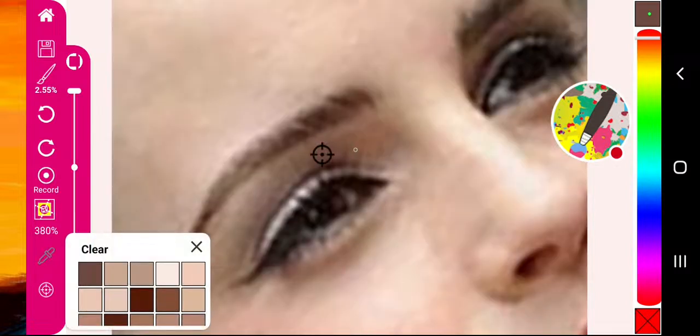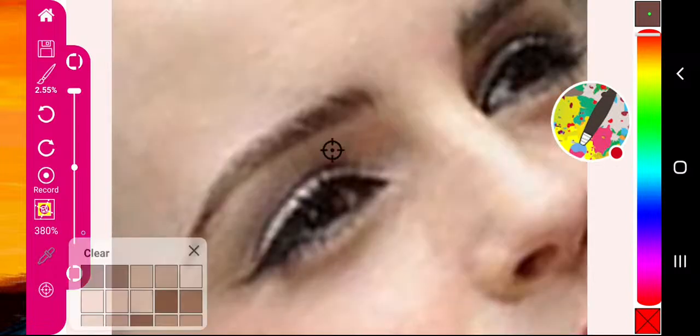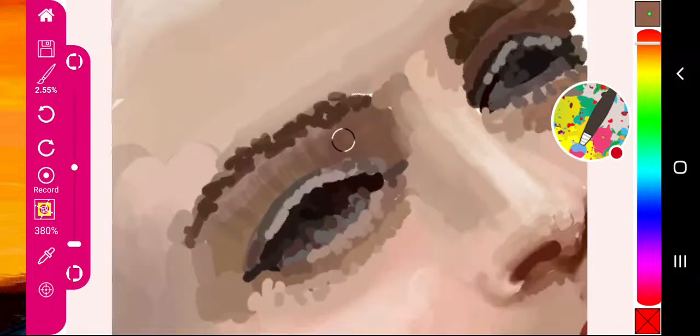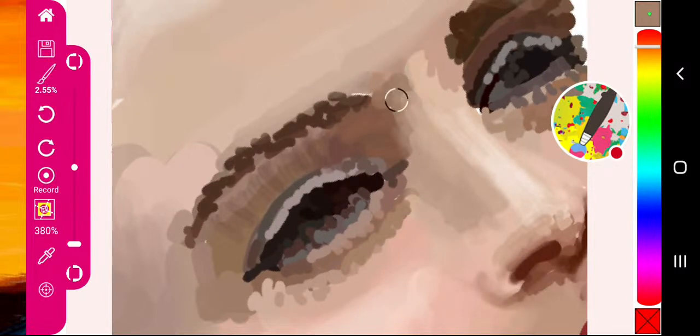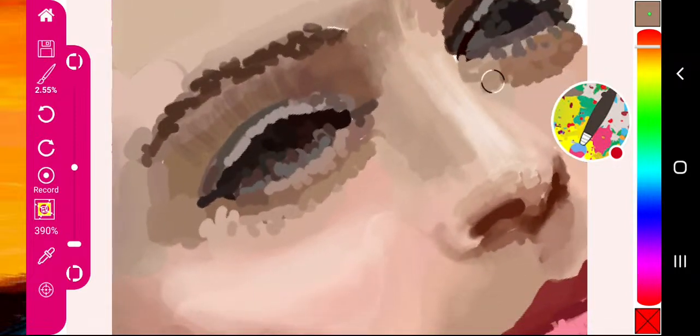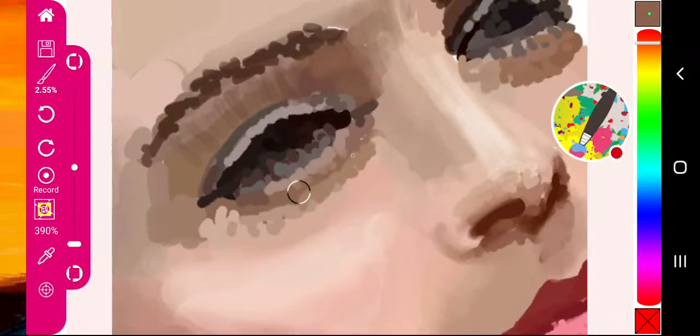Right there. You can see it's more dark there, more dark, and then it's actually more light here. Right, that's it. Okay. And then what do we have at the top here? We have a very light tone, so we can keep blending it here. Then around the eyes, we have a lovely blending going on here. So if we get the brush size and